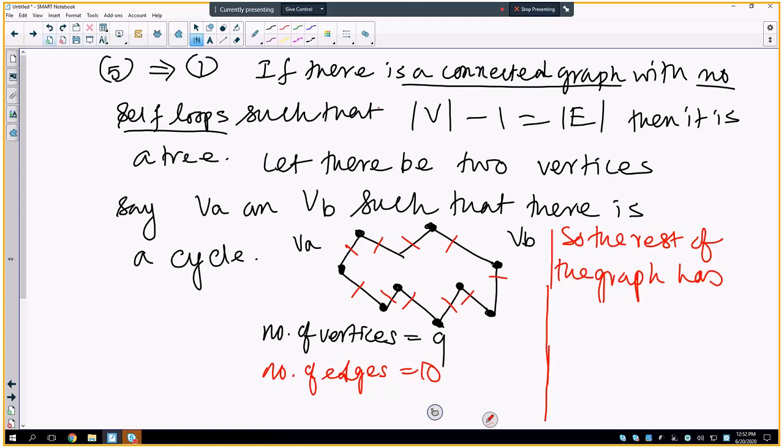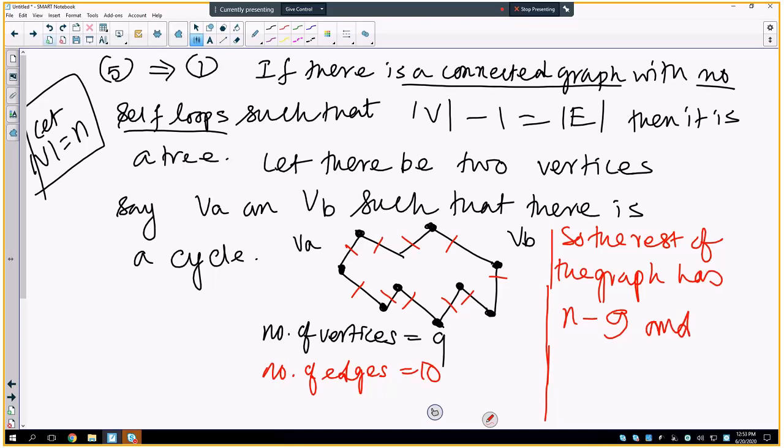Let's let n be the number of vertices, just to justify where the letter n comes from. Then for the rest of the graph, you have a total of n minus 9 vertices, and the number of edges